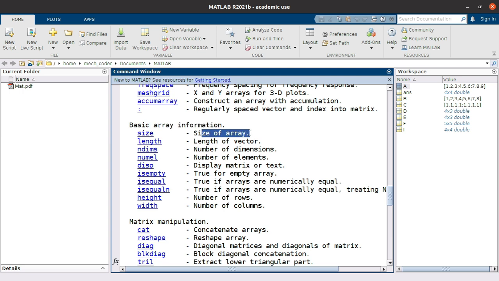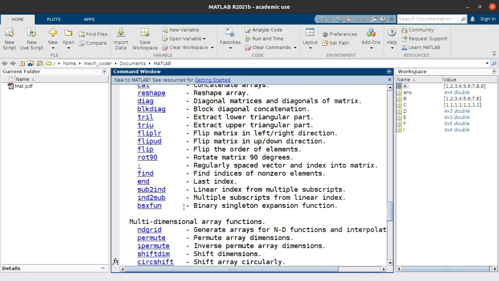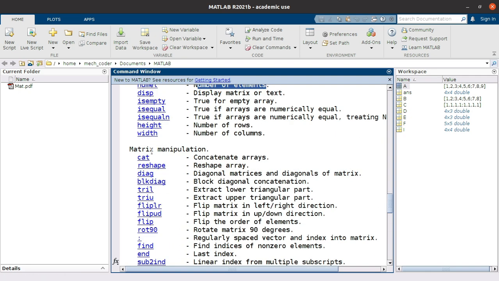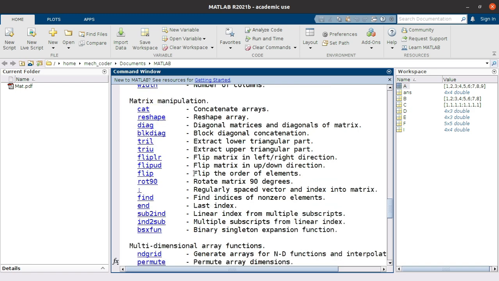If you want to know the size of an array, you can use size. For the length of a vector, you can use length. You can also access the number of dimensions and the number of elements. The matrix that we created is basically a two-dimensional matrix. So that's the number of dimensions, and some other operations are also there. We are going to see some of these options that are available. You can also try out